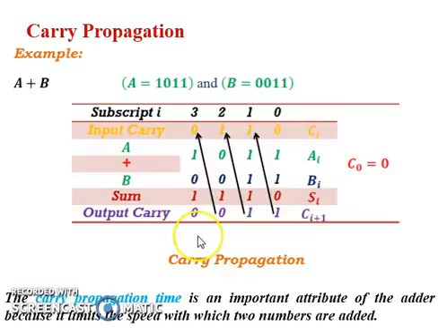If you want to perform this operation faster, then you have to consider the carry propagation time, which is an important aspect of any adder circuit, because once you get the carry at the first stage, that carry will be carried forward to the next stage, and only then can this next stage perform the full addition. So the carry propagation is very important in this full addition circuit. Thank you.